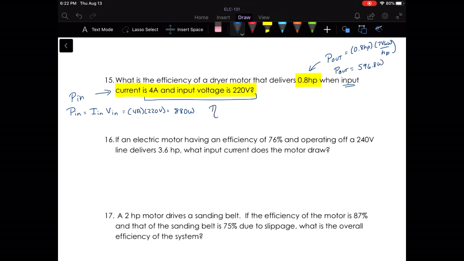So the efficiency, which is the output power over the input power times 100%, would be our